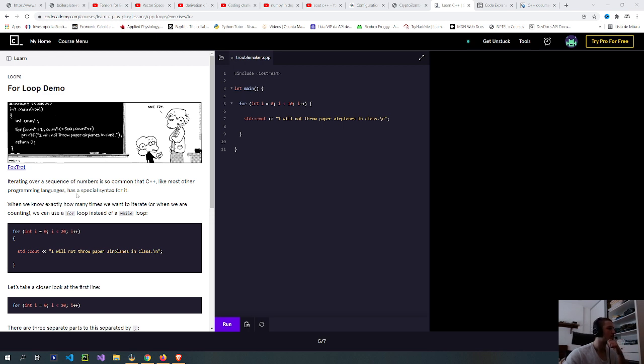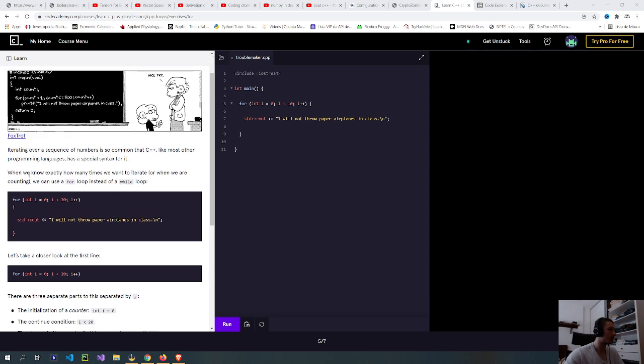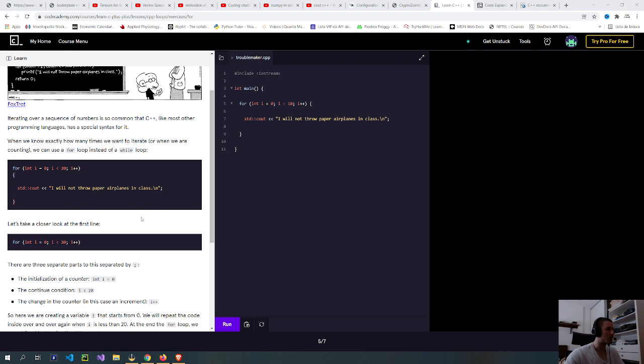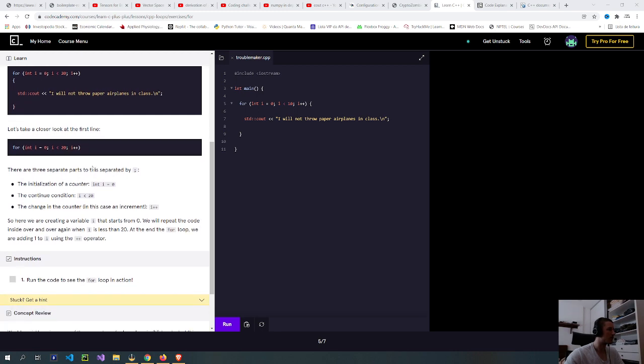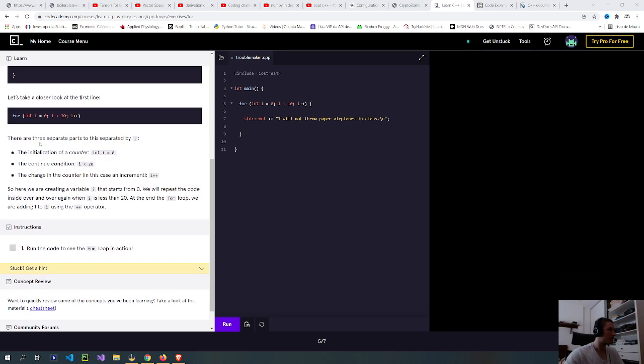For loop demo. Iterating over a sequence of numbers is so common that C++, like most other programming languages, has a special syntax for it. When we know exactly how many times we want to iterate or when we are counting, we can use a for loop instead of a while loop. So it's pretty much like JavaScript. Let's take a closer look at the first line. There are three separate parts to this, separated by this symbol.